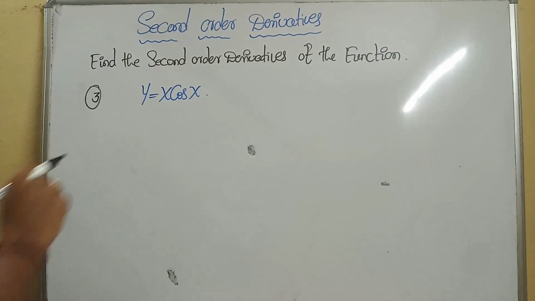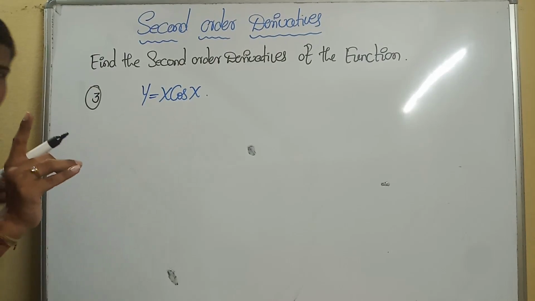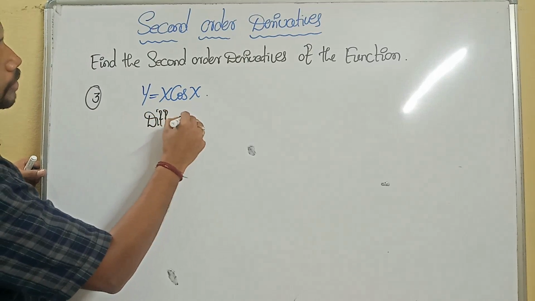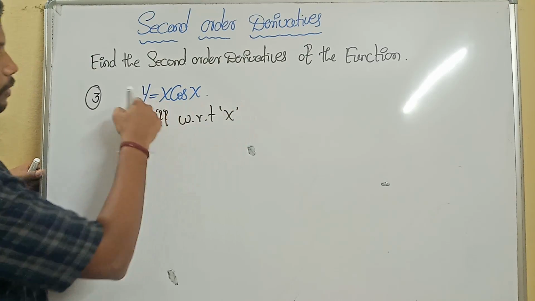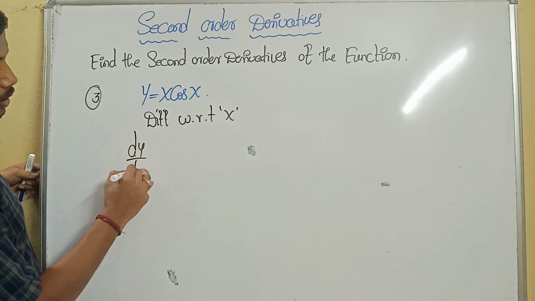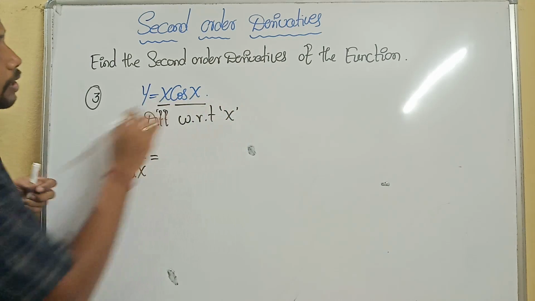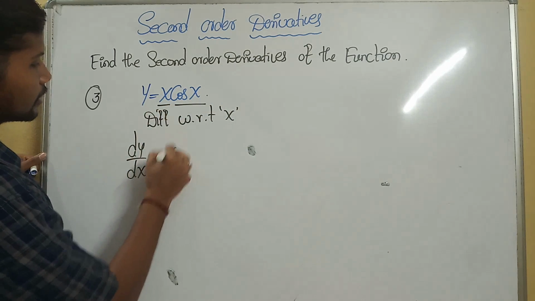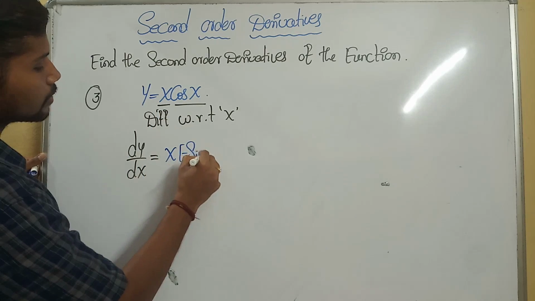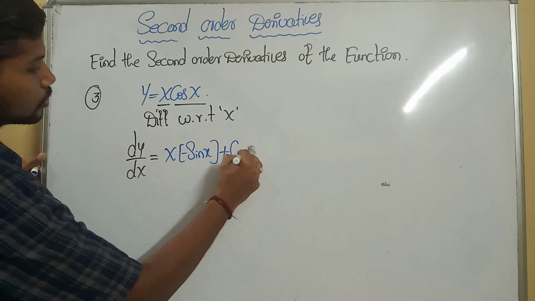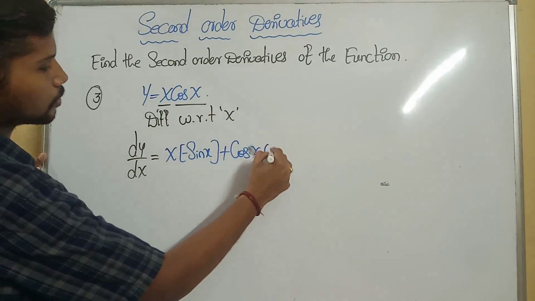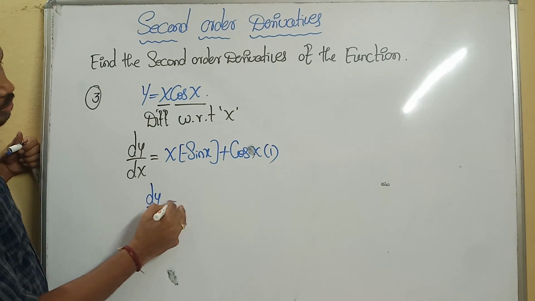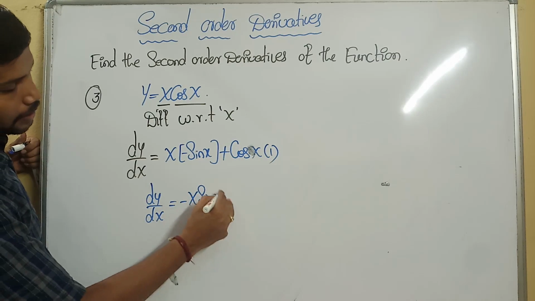The next example is y is equal to x cos x. I need to find the second order derivative, that's why differentiating with respect to x. y with respect to x is dy by dx. Now for the derivative of x cos x, which rule do I have to use? I need to use the product rule. x as it is, the derivative of cos is minus sin x. Now cos of x as it is, and the derivative of x with respect to x is 1. So dy by dx is equal to minus x sin x plus